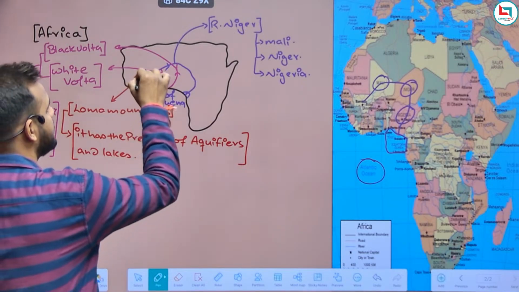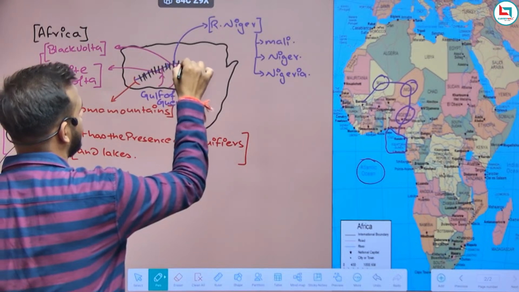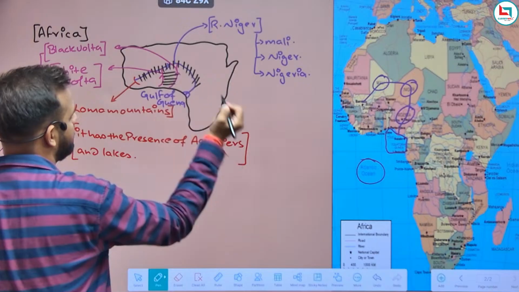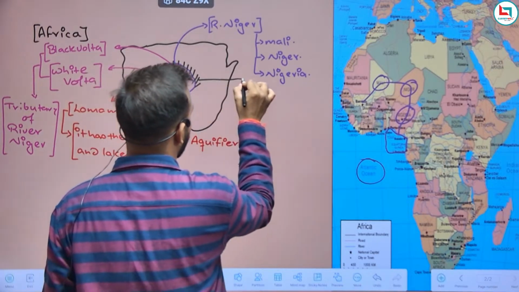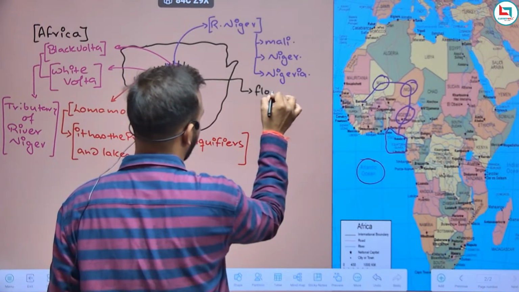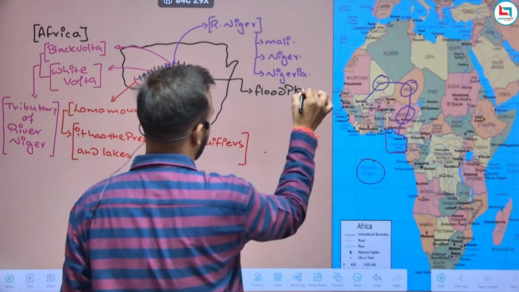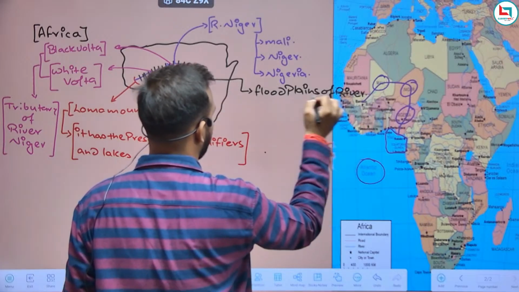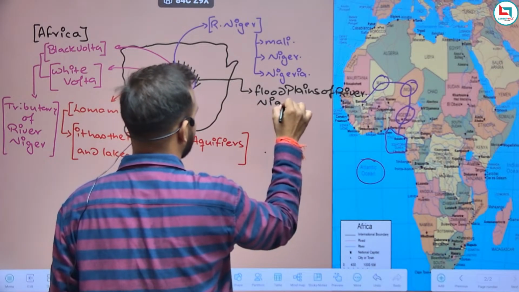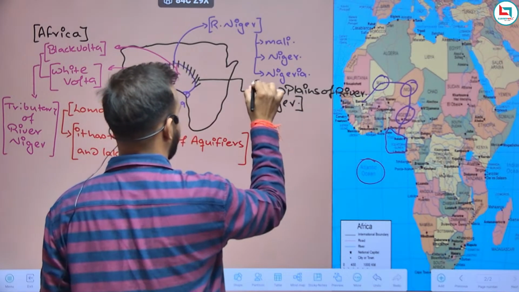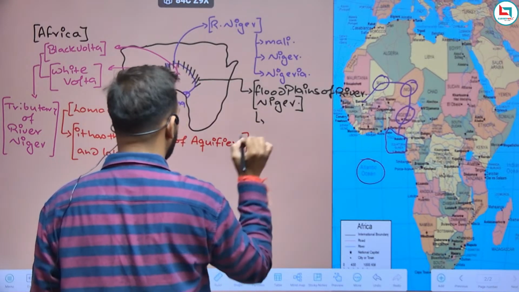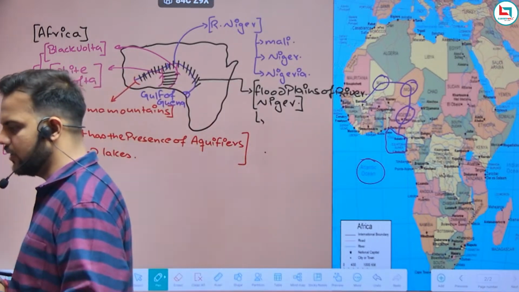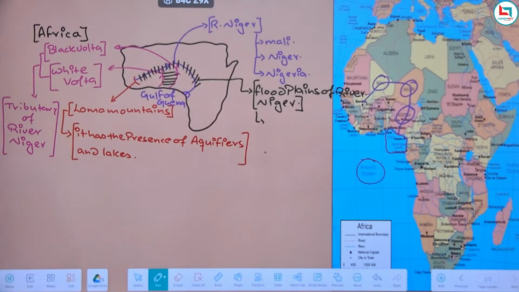This river makes its floodplains all along its way, like this. And here we have the floodplains of River Volta. They are the floodplains of River Niger. Okay. When we talk about these particular floodplains, remember, guys, in these floodplains, the agriculture that is